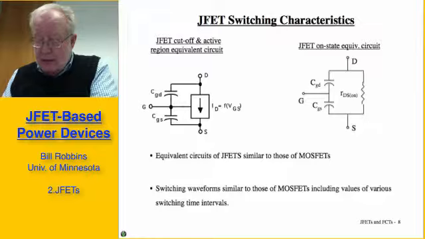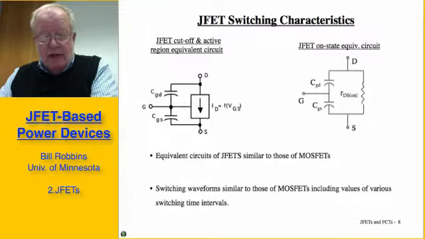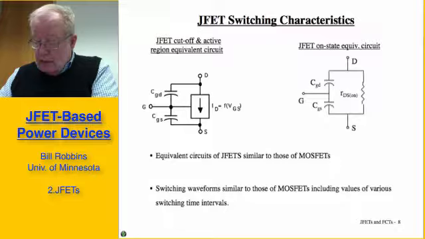We have the gate to drain capacitance, gate to source capacitance, and then a dependent source that represents the static operation of the device. The current source is zero in cutoff, and in the active region, the current is proportional to the gate to source voltage. When the device is in the on state, we have again the same equivalent circuit as for a MOSFET. We have a gate to source and gate to drain capacitance, and an on-state resistance, which is going to be quite low. The switching waveforms are nearly identical in the same circuit as those of a MOSFET, and so